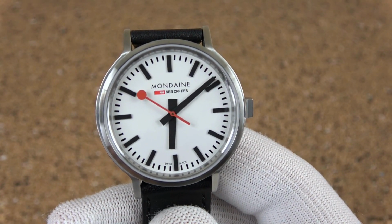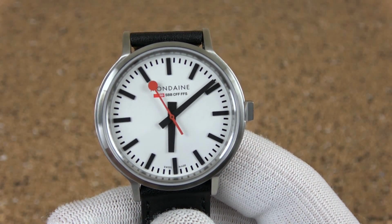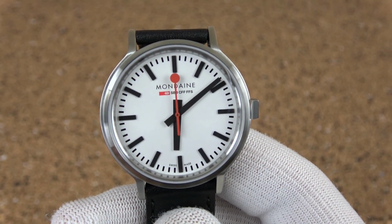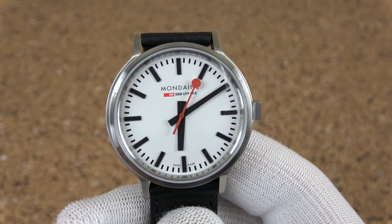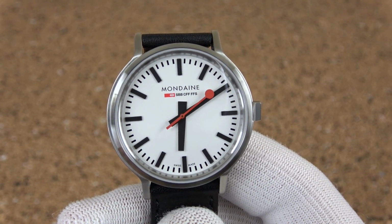There's a lot of history behind this watch. I was really drawn in the first time I saw a post on social media about this guy. I saw the ticking minute hand like that, and I was just captured by it and said, hey, I got to look into this. So I went looking and found the Stop2go,